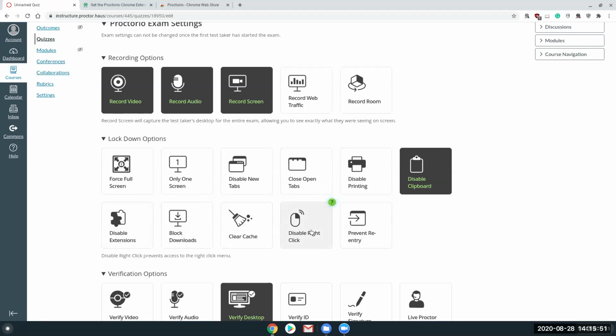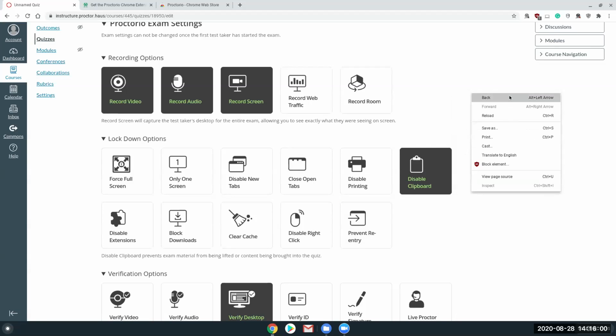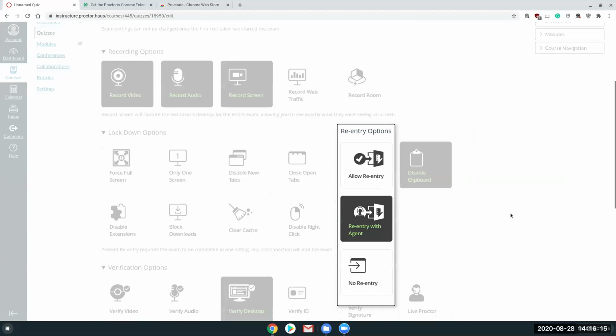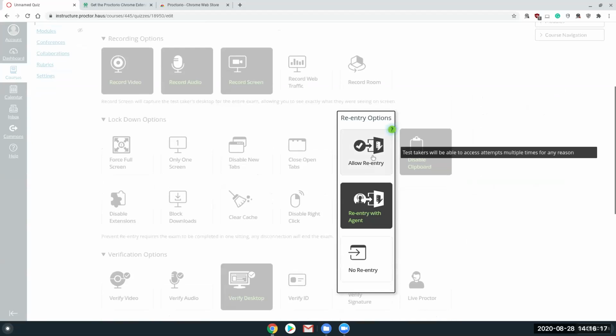Disable right click will prevent them from using right click, so they will not be able to do what I'm doing right now. You can see, and with this they cannot use any option that comes with the right click. Lastly, here we have prevent reentry, and prevent reentry gives you several options as well. If I click on it, you will see that we have allow reentry,